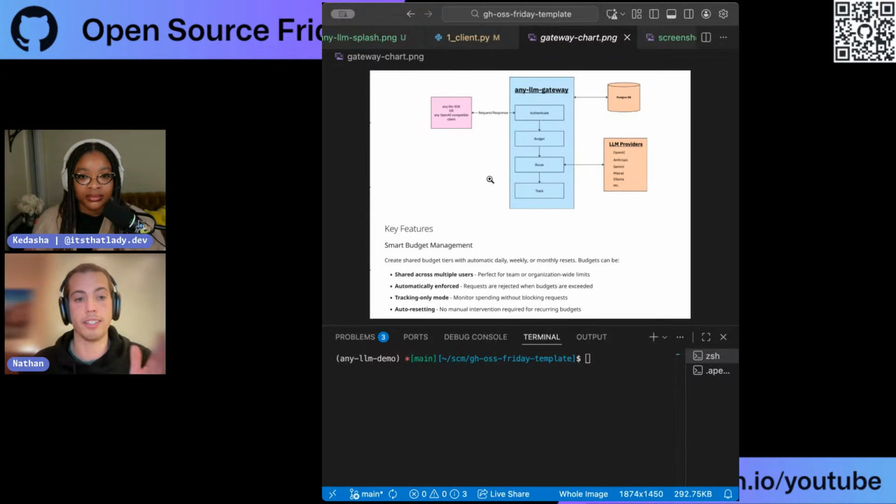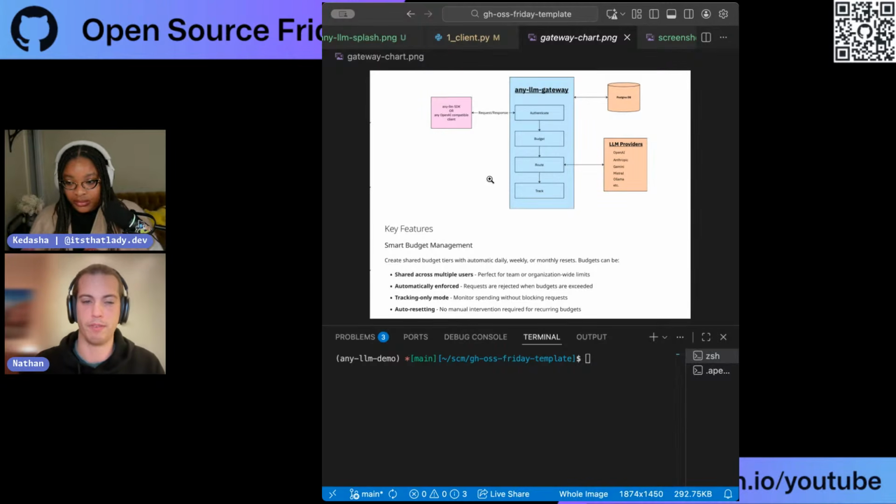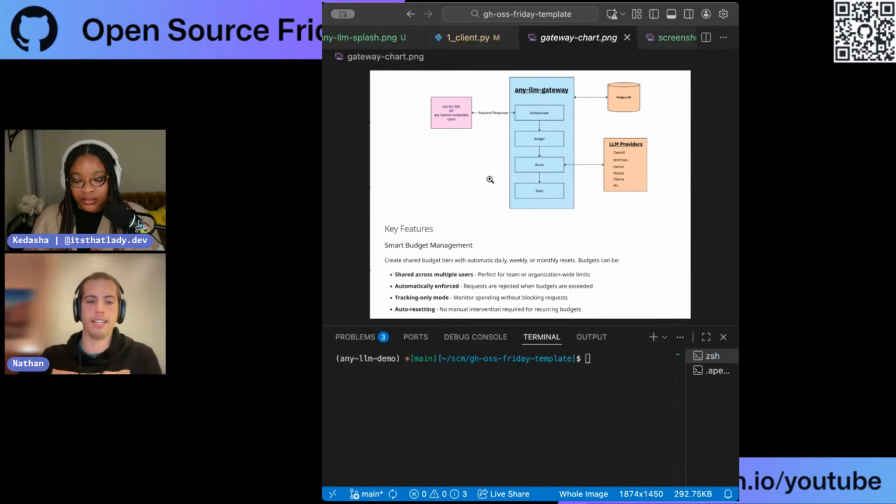It's a proxy layer that sits in between, where you configure the keys in this server, and you create virtual keys for a user. Then you can give that user a budget, and you can give that user access to certain things. You give them one key, what we call a virtual key, and they just use that one key to talk to the gateway, and they can talk to all their models through the gateway. Then you as the administrator can track how much they've used, and you can also cut them off when they've spent all of your budget, or as much of the budget as you want them to have. And that's the idea of the gateway.